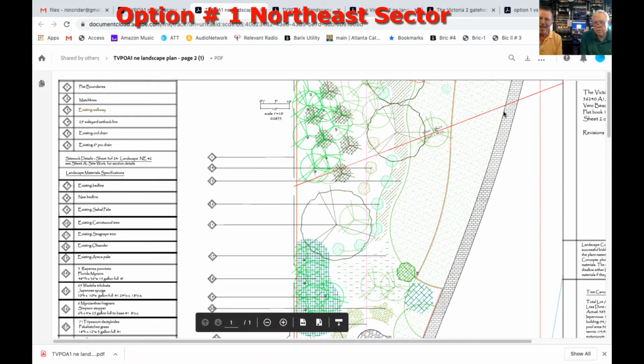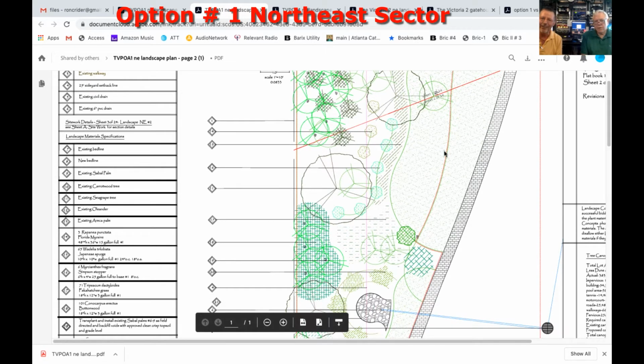So here you can see the match line from page 1. In the plan set, there are 21 individual pages that are drawn to a 1 to 10 scale. As we scroll down, and get the mouse working correctly, here again is the existing bed line. Here now, the proposed bed line. As you can see in option 1, there is a much larger percentage of shrubs to sod. Again, these are existing sea grape trees. The existing